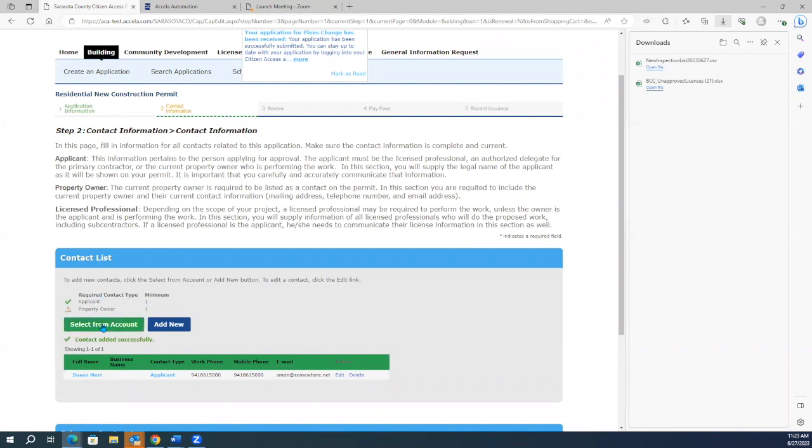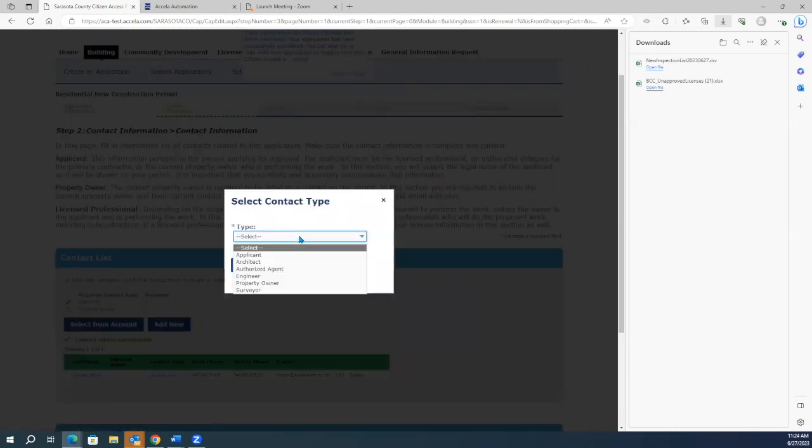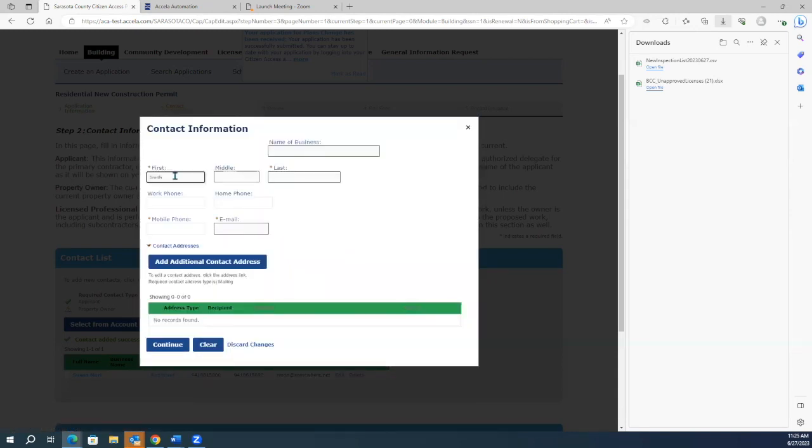The property owner is certainly not me. I'm applying for a new house. Okay, so we are going to add a property owner. We do require you to do that at this stage. We are going to enter Smith Jones, first name, last name, and we are then going to enter the phone number,